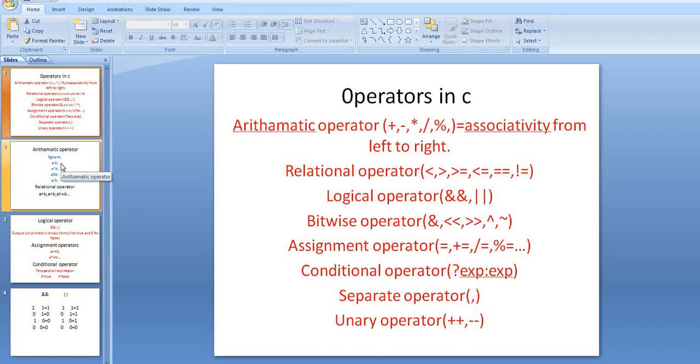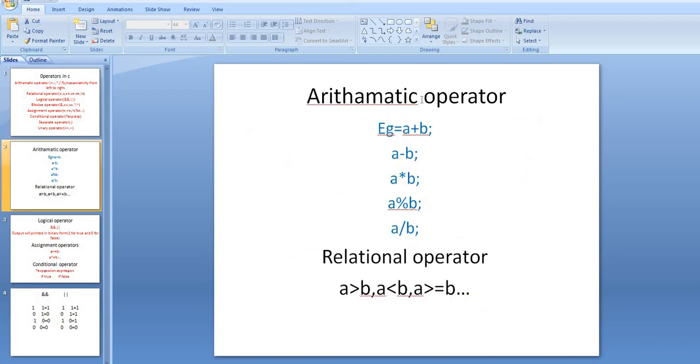That is, first one is arithmetic operator. Arithmetic operator is nothing but when we want to add two values or multiply or subtract, in that case we use this arithmetic operation. Here you can see the examples. In detail we can say this A is an operand and this plus is an operator. This A and B are known as operands. Okay, these are the examples for the arithmetic operator.